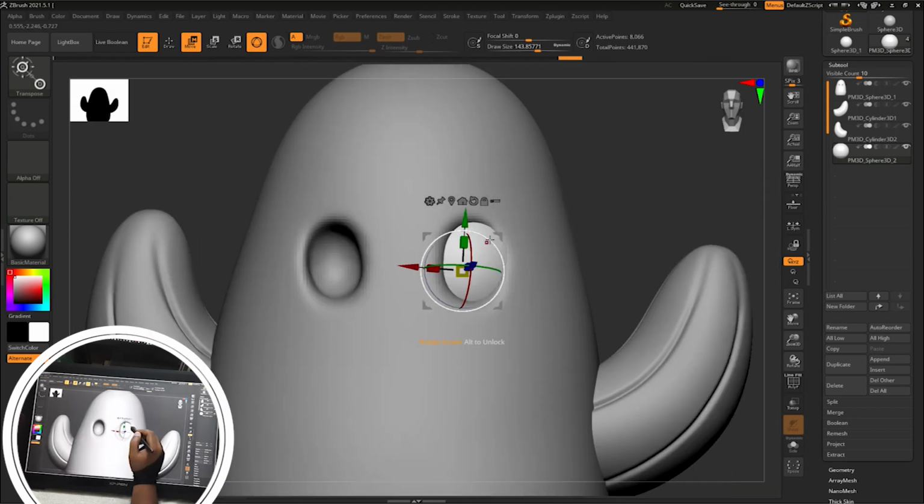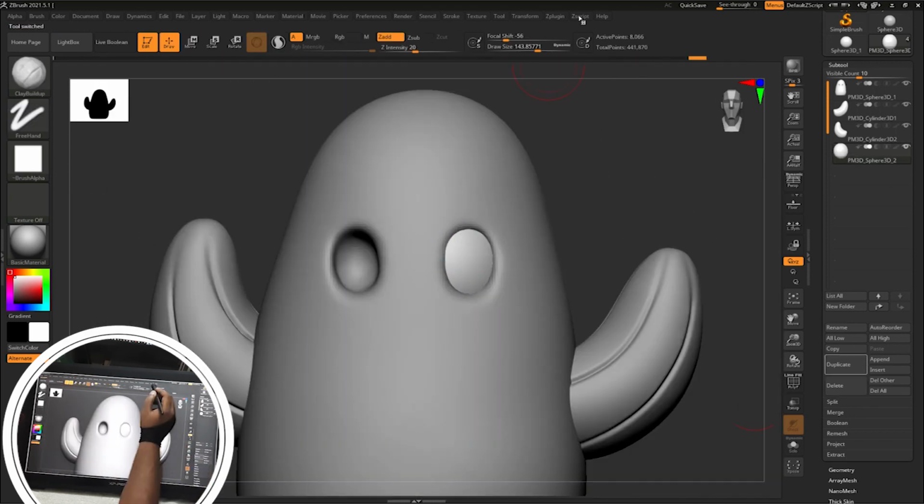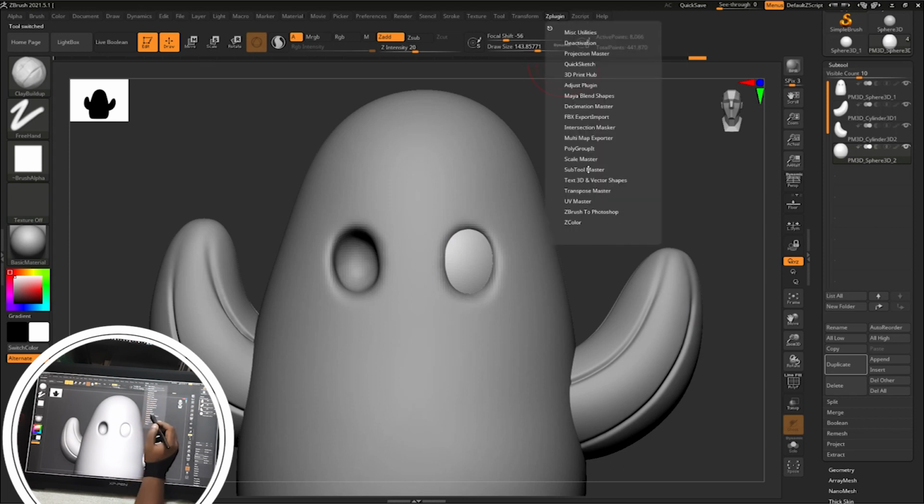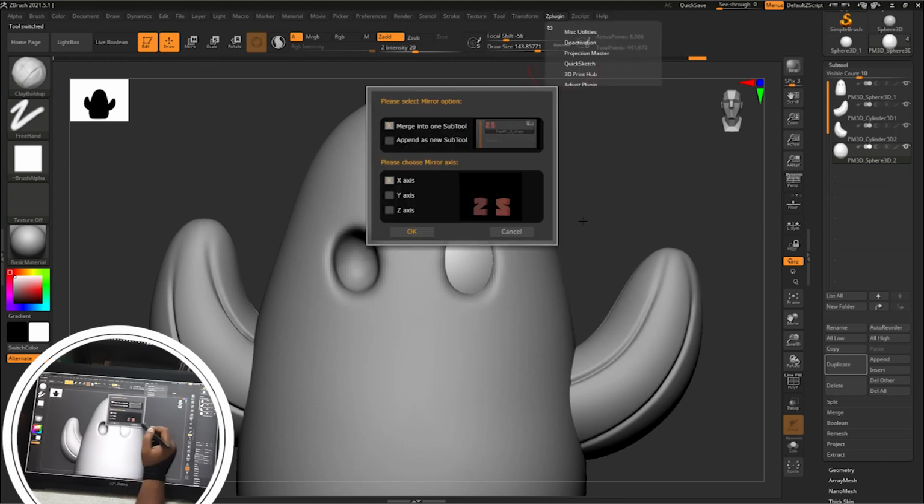Then appending a sphere for the eyes, adjusting it using gizmo. Then mirror by Subtool Master, mirror.